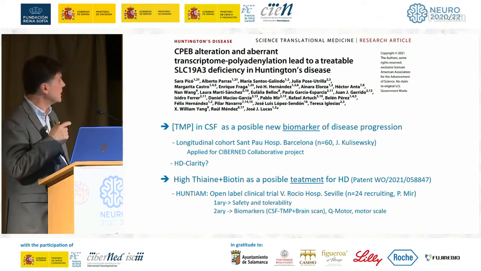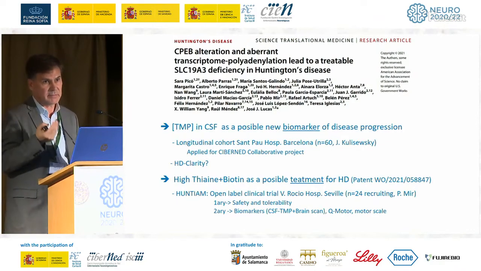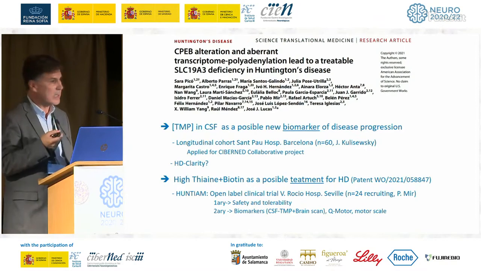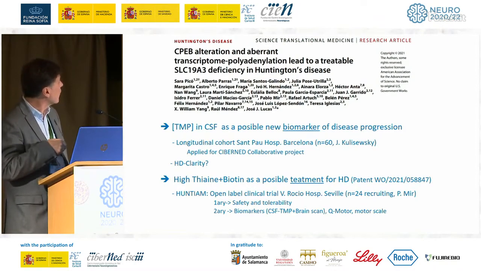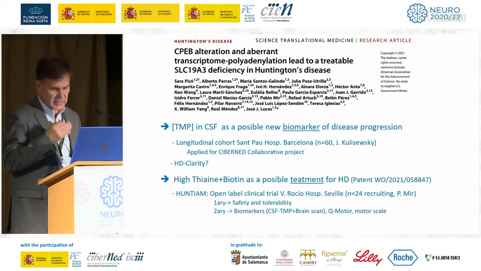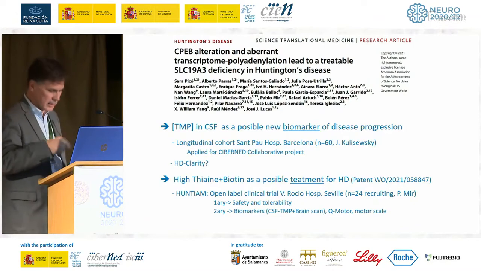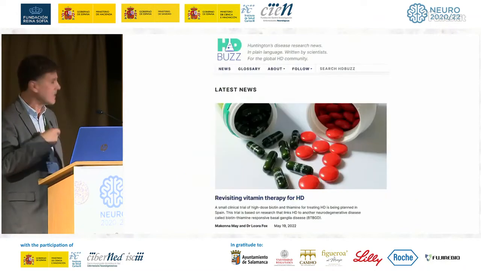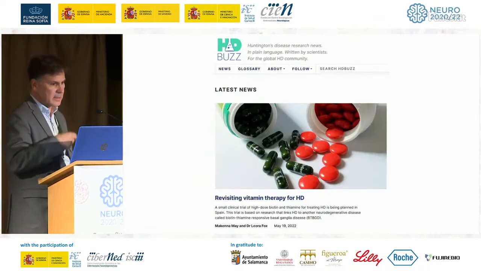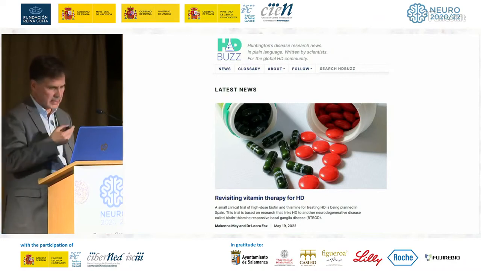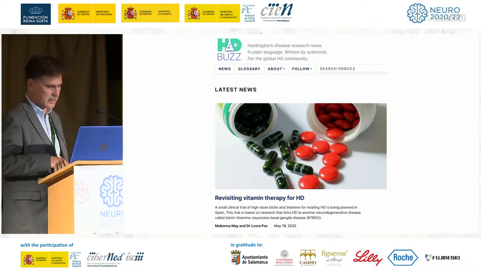the two vitamins that, although they are used in BT-VGD, have never been used in HD patients. It's only just 4 patients. It's an open-label study, but hopefully the secondary biomarkers might give us some clues that it might be worth trying in a bigger clinical trial to explore efficacy, but that would be the need in a second round. Last month, the patient advocate portal of Huntington's disease, HDBuzz, publicized this clinical trial, and we are very excited about this.